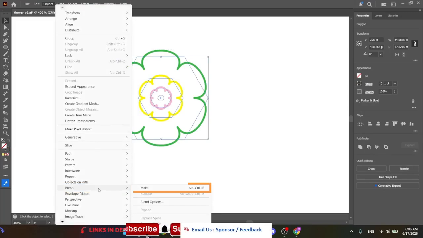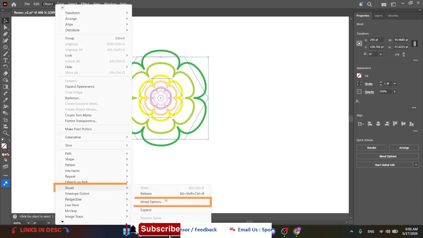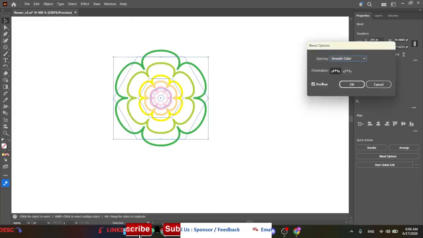So now you repeat the copy setup and choose the gradient colors you want. Next, you select all the flower copies together. Next, you should go to object from the top menu, blend, and then click make. Next, again object, blend, click blend option,